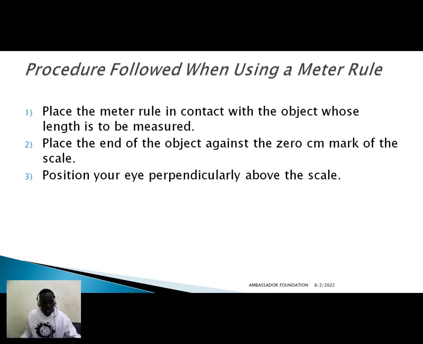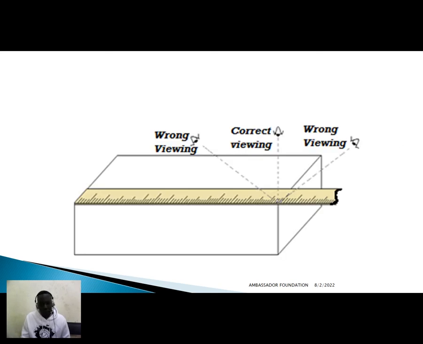First, ensure they're in contact. Number 2, ensure that the 0 centimeter mark is aligning with the end of the object to be measured. Then you position your eye perpendicularly. If you don't follow these 3 procedures, you will get some errors. I'm just giving you an illustration that you can use to see it about a meter rule. You have to view correctly this way, not from the sides,